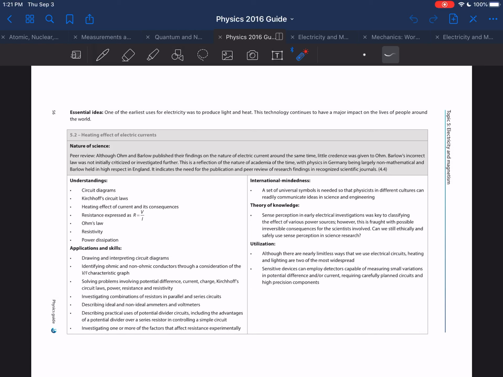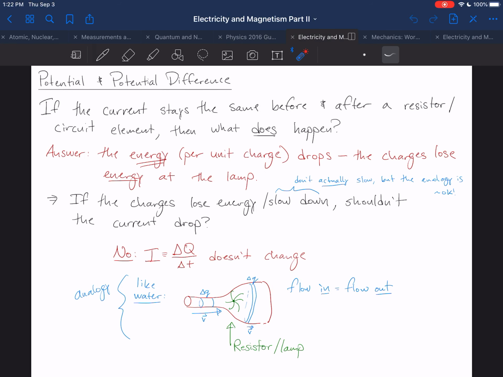Hello everyone! In this video we will continue to examine topic 5.2, the heating effect of electric currents, and in particular we will continue to focus on Kirchhoff's circuit laws and in particular potential and potential difference. Alright, so big mystery. If the current stays the same before and after a resistor, then what does happen in